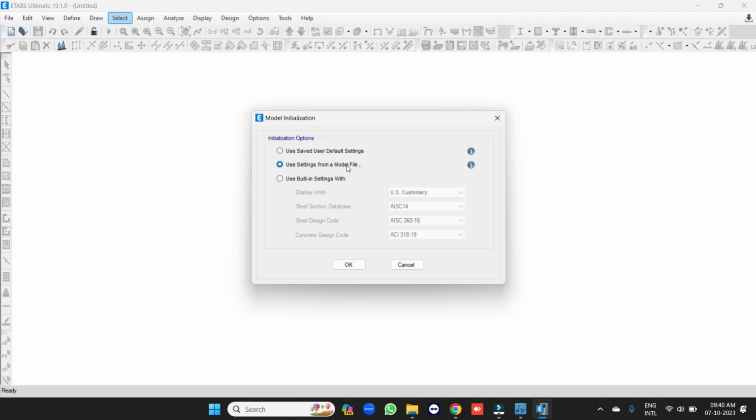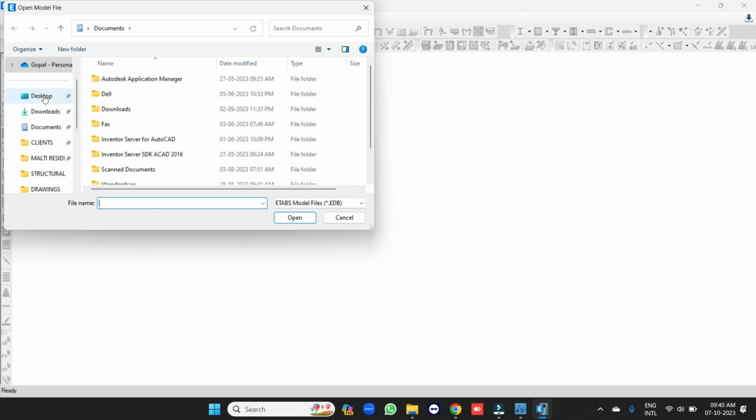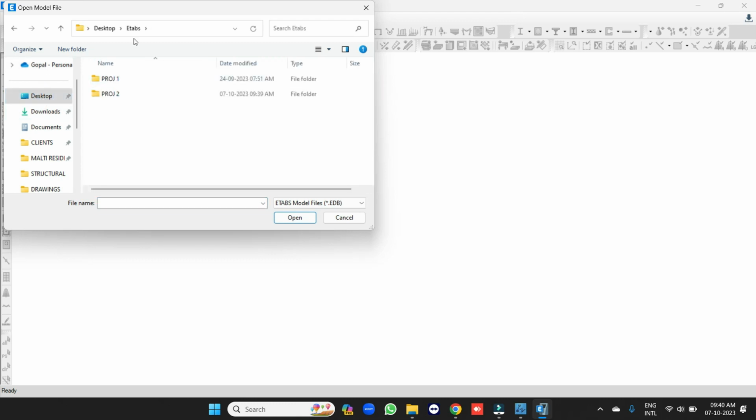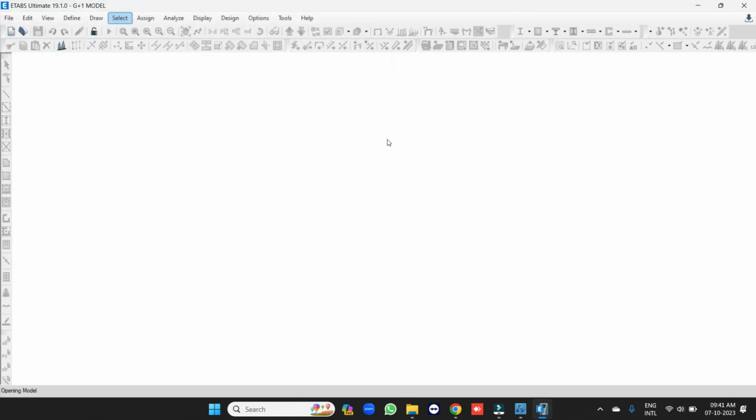Use setting from a model, which means I already have completed the model and analysis for one project, and I am extracting the design units and preference like load combination and code, everything from the model which I already have done. So click this setting, check this one, and then click OK, and then click ETABS. This is the file which I am talking about. This is already completed. I am taking the basic input from this file,